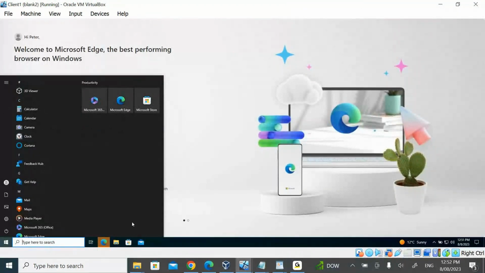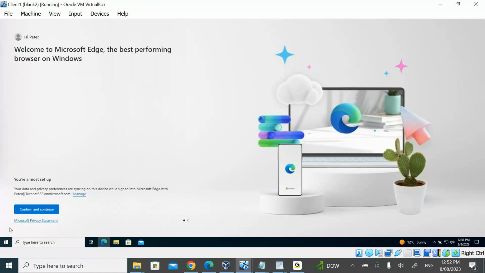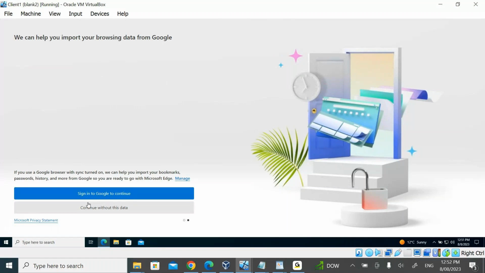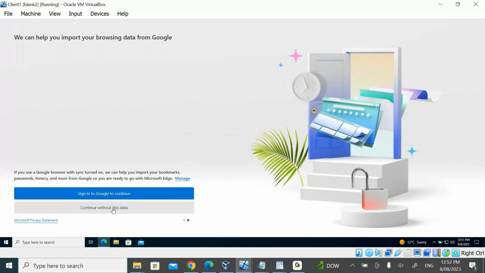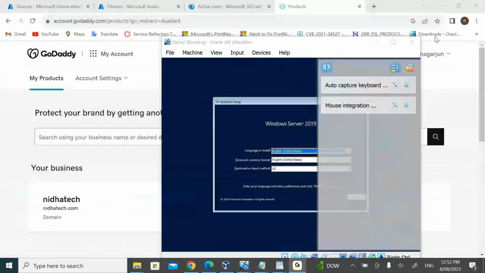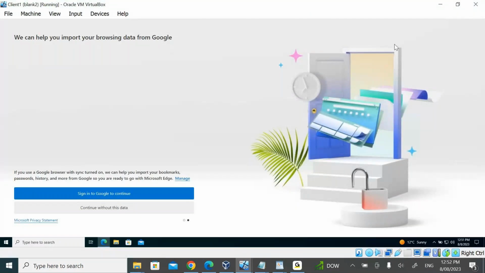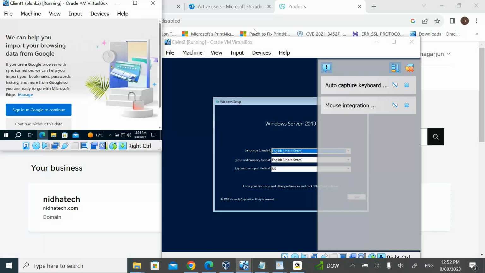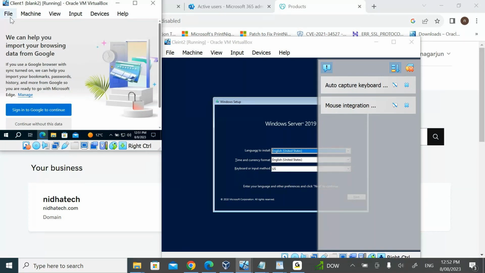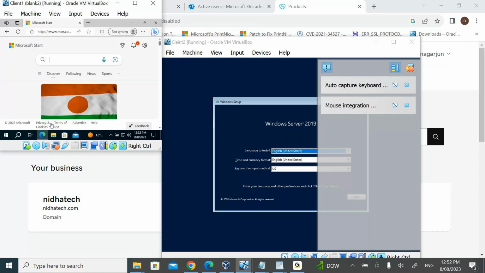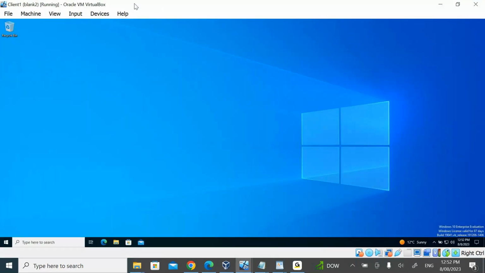Okay, fine. It's already now on the client side. If the machine is enrolled, how do you check whether the machine is enrolled to Intune or not? Okay, minimize this Edge browser. We don't need to sign in here. Close the Edge browser. Maximize the screen first. Now, so this machine is enrolled to Intune,